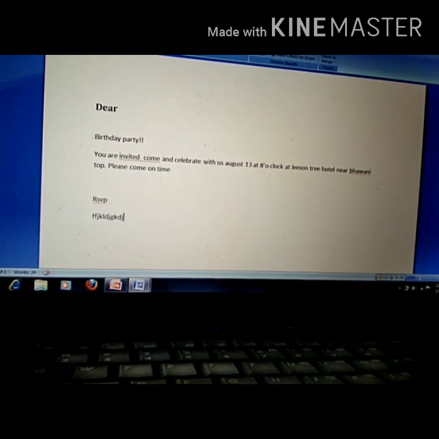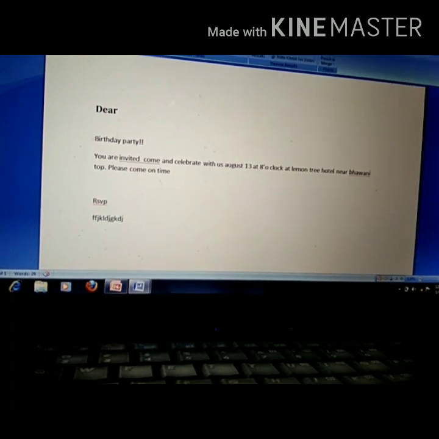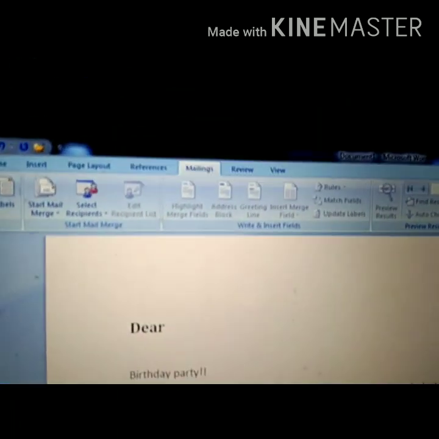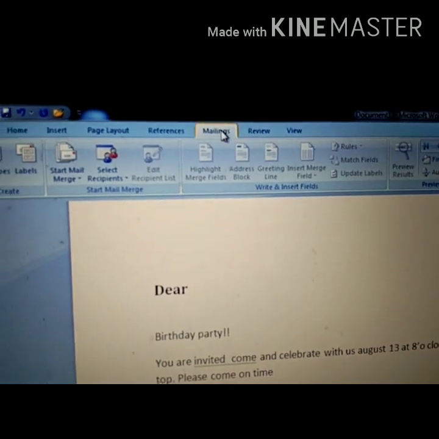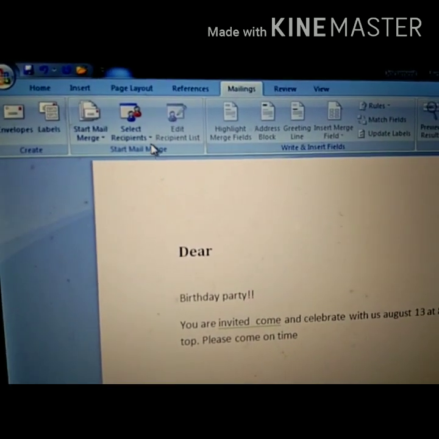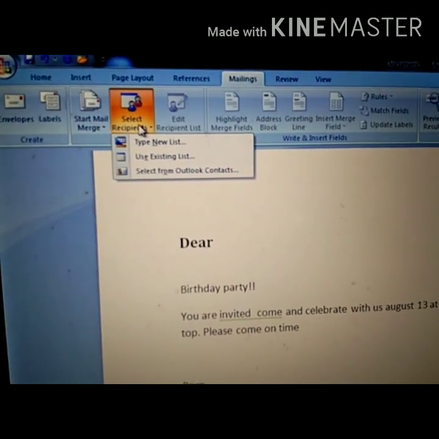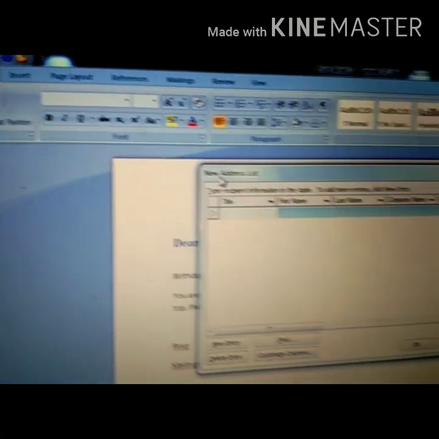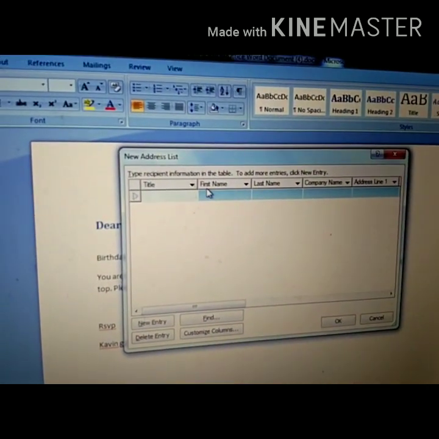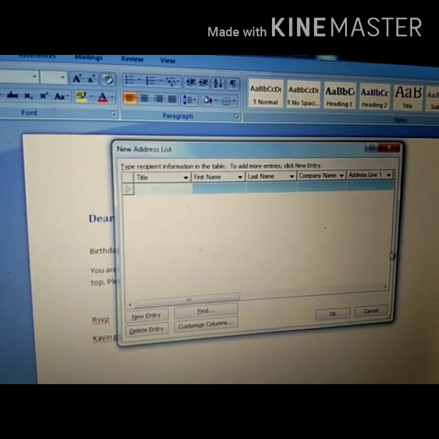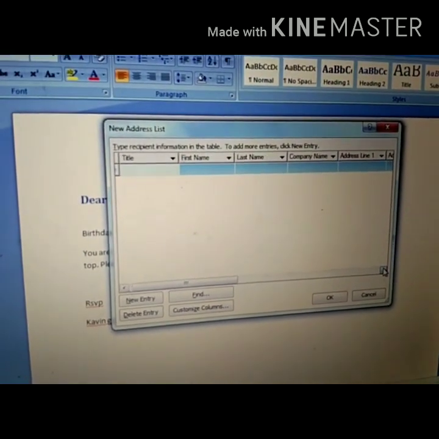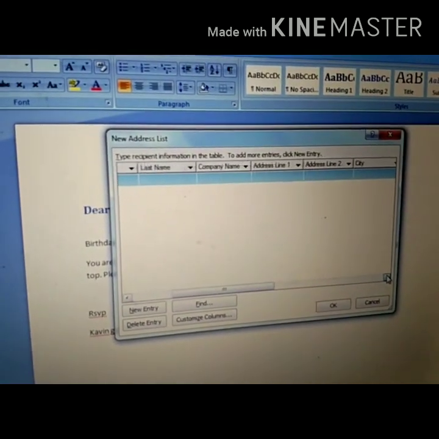Now our second task in mail merge is creating the recipients, meaning the data source, to whom we want to send this letter. So for this, in the same Mailings tab, here is the Start Mail Merge option. Here is Select Recipients. Click here. Click on Type a New List if you have not created one previously. Here, all the custom fields are here. You can select or you can do the editing.